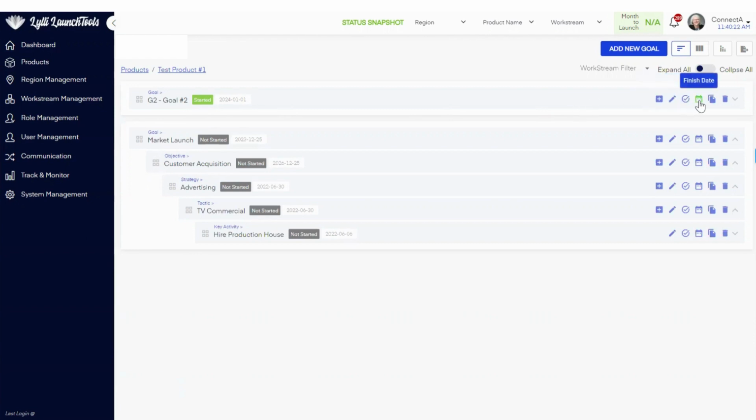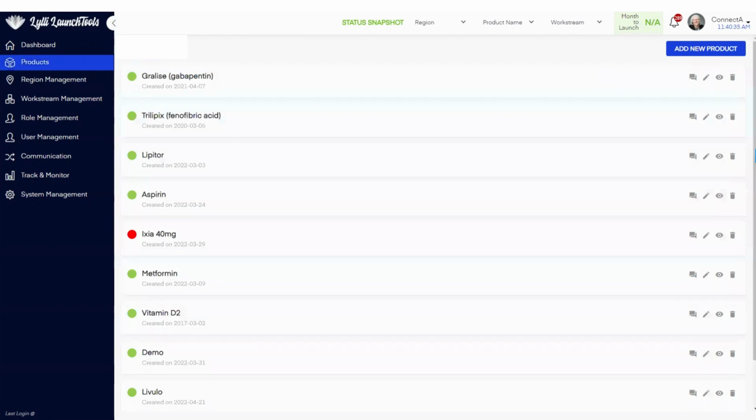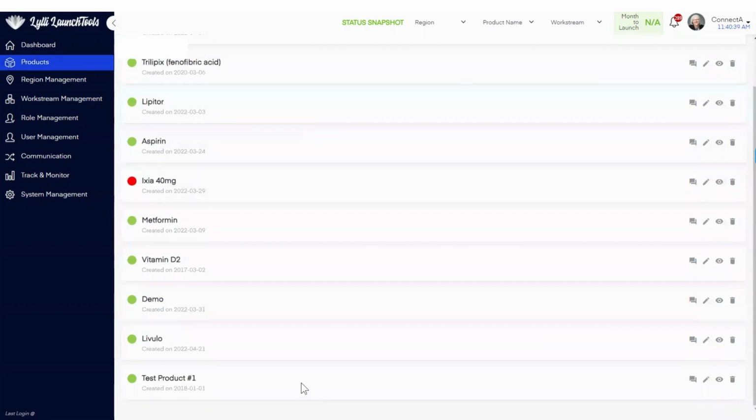So you can add other objectives, and you can duplicate the goal, but let's press the back arrow, and go back down to the test product again. Don't press on it yet, see the first box on the right, if you press on that,